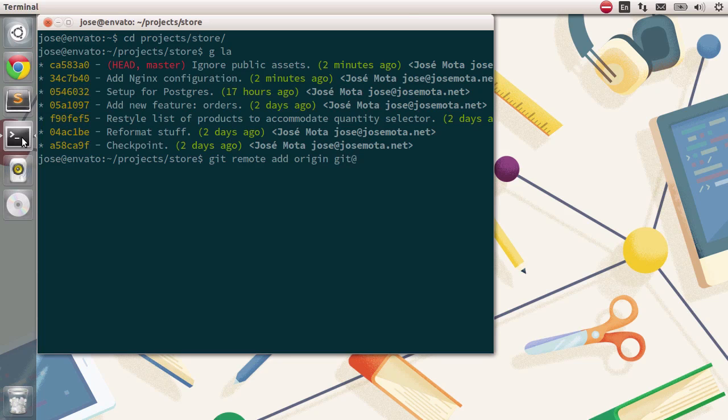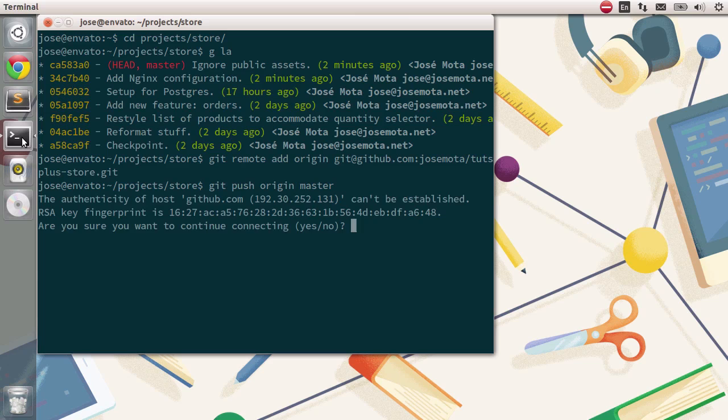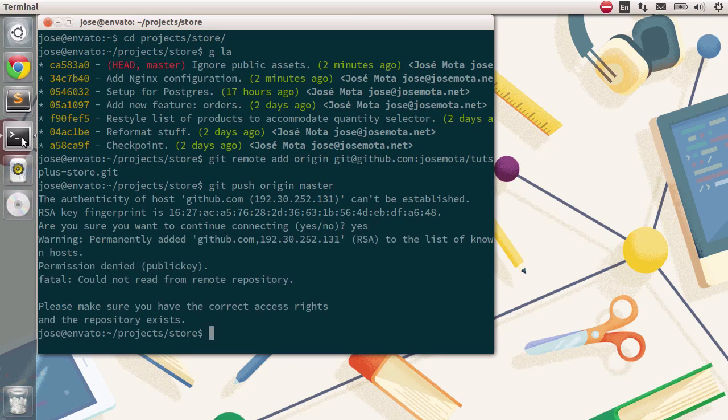Usually when typing in GitHub, you type in git@github.com, then the name of your user, in this case this is mine, and finally the name of the repository. I'll type it tuts plus store and then .git. This will simply store the reference to the URL, the location on GitHub. We'll actually need to do something about it, because if I just type in git push origin master, this is not gonna work. We need to type in yes to accept the new key,